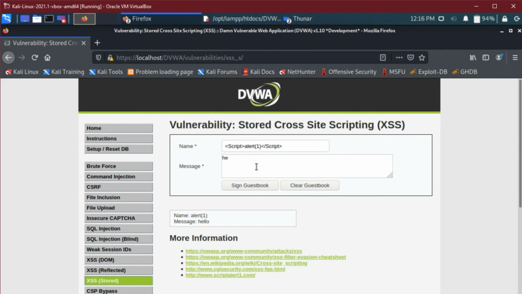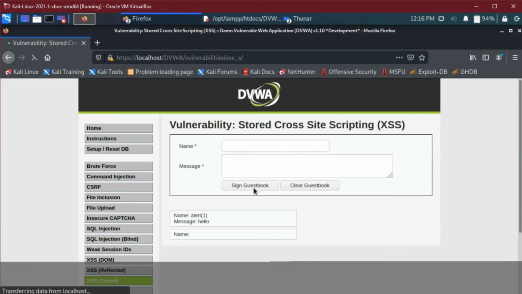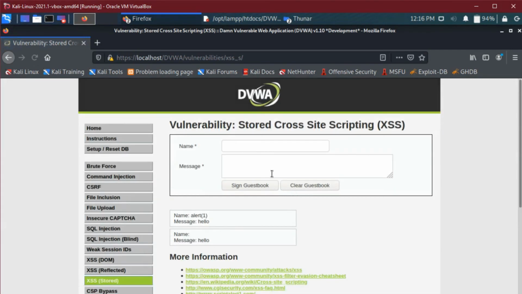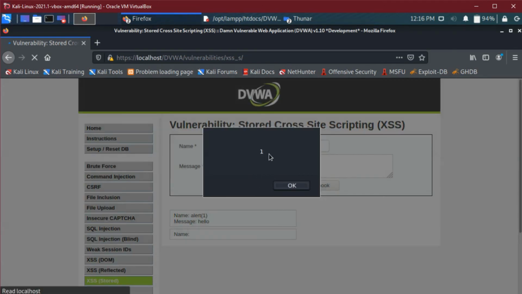When I press this, see, it will be triggered. By this way, we can achieve medium security bugs. If I type anything and sign in, see, it will trigger automatically. So this is called stored XSS at medium level.